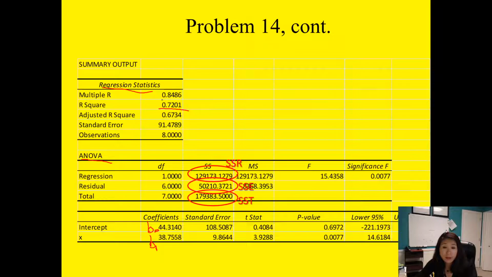After you find this value, you still need to interpret the result. With 0.7201, first of all, you're going to convert it to a percentage, 72